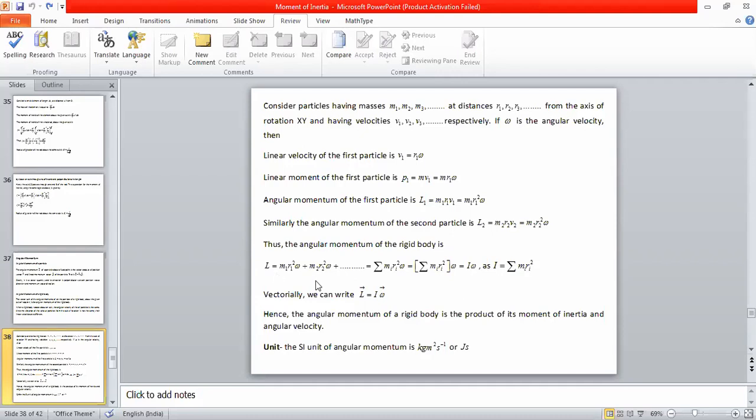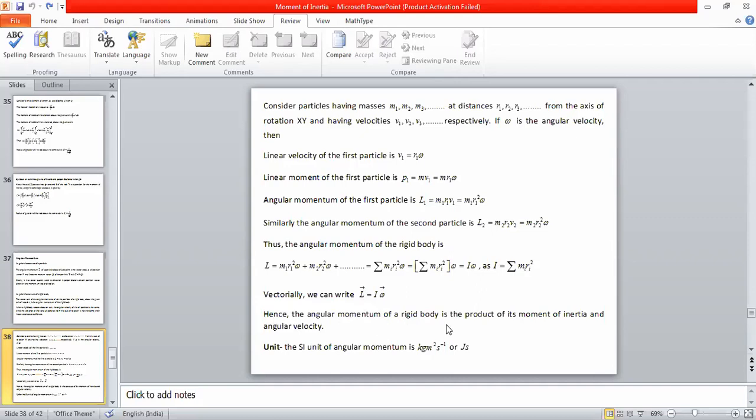Okay, now please remember these are all actually vectors. While deriving here we did not use vector notation, but with vector notation you can write vector L is equal to I into vector omega. Rigorously this is not the exact expression, but for your level it is enough. Here I is your moment of inertia, and omega vector is nothing but the angular velocity vector. So the product of moment of inertia I and omega gives your angular momentum vector.